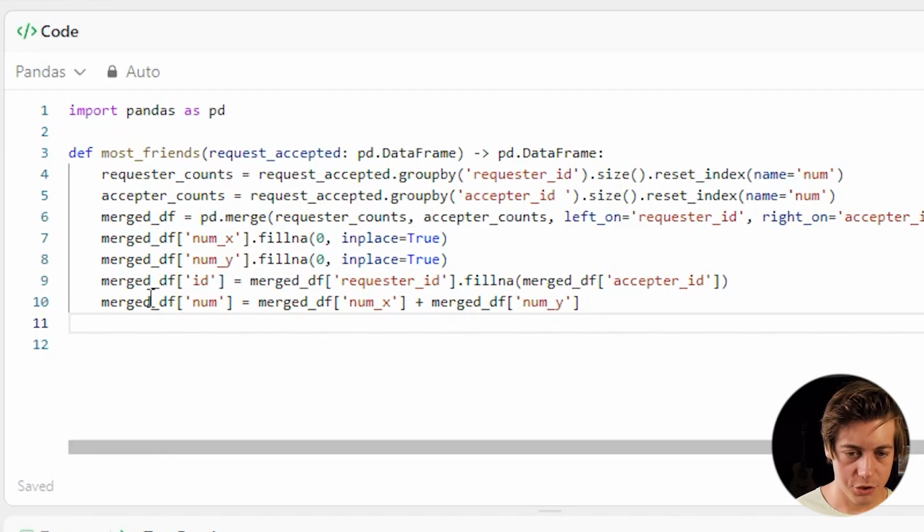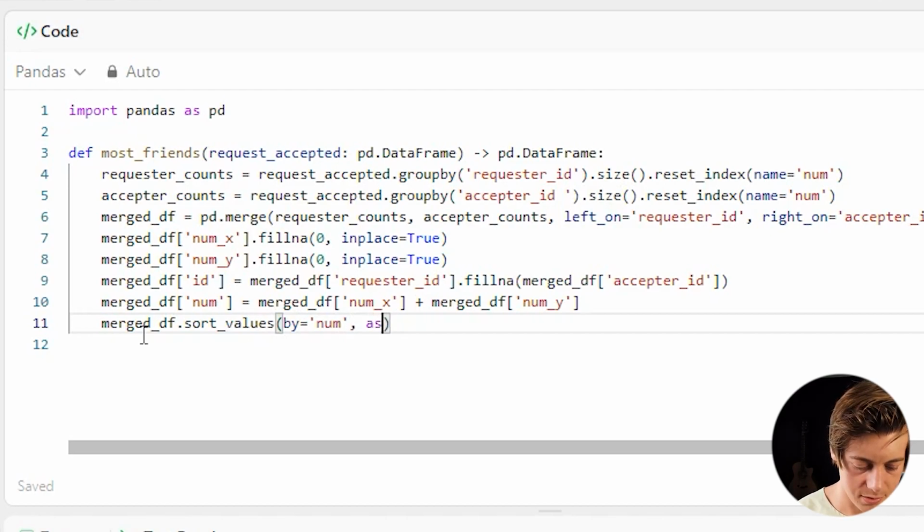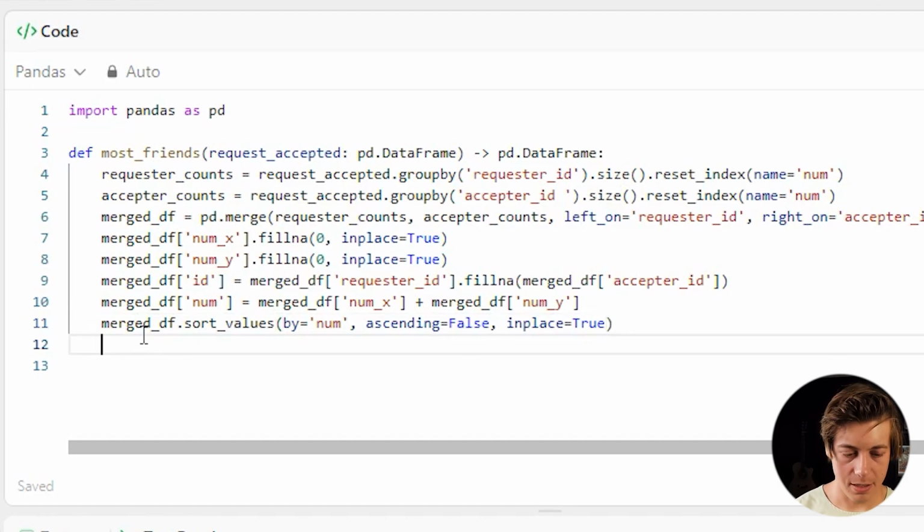So we're going to do merge df again. We're going to do sort values, and we're going to say by equals num like that. Ascending equals false, and we're going to do in place equals true. And then lastly, we're going to return our data frame. So return merge df